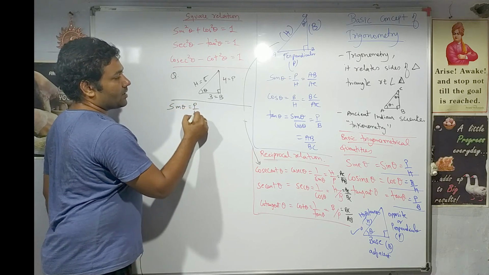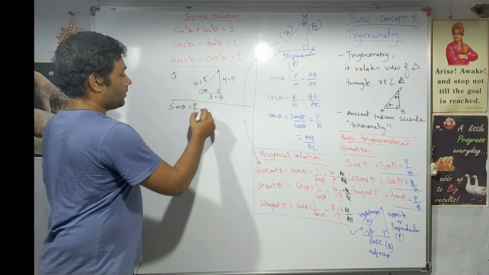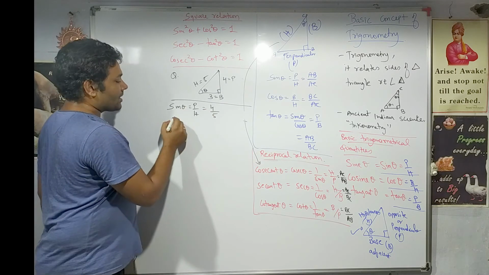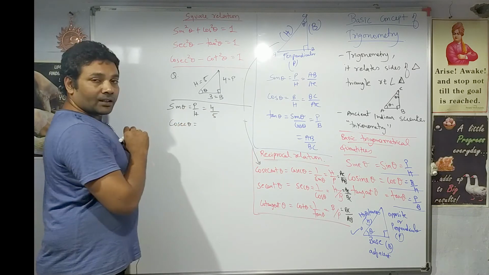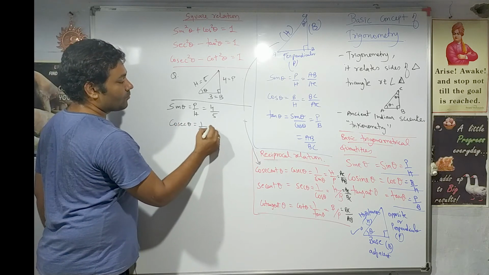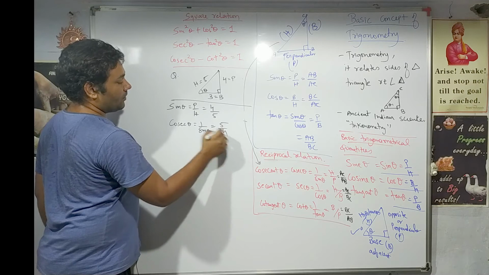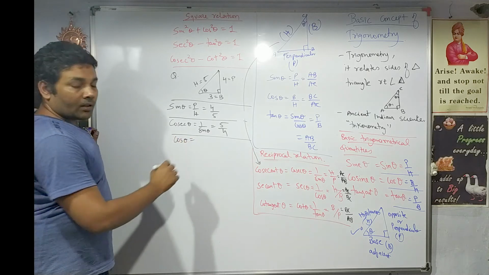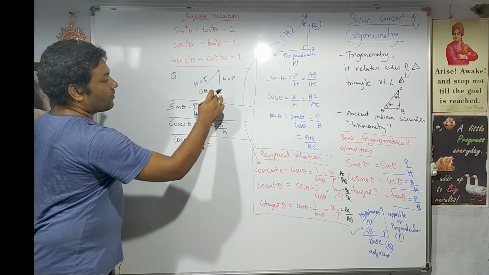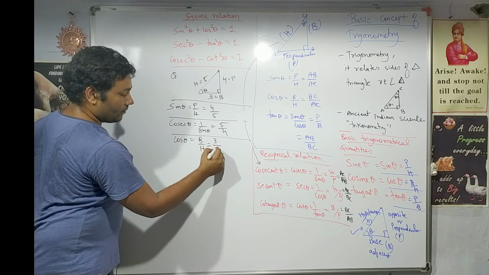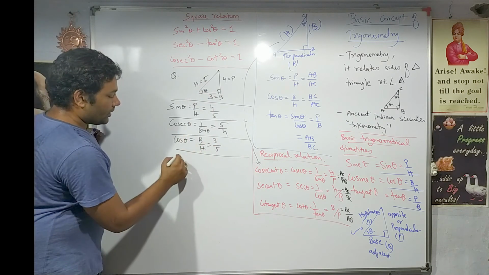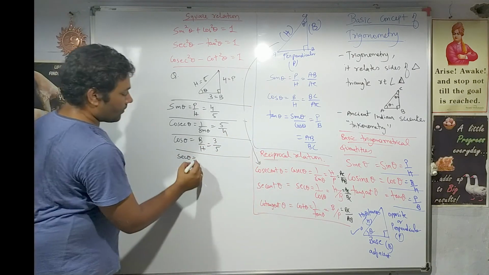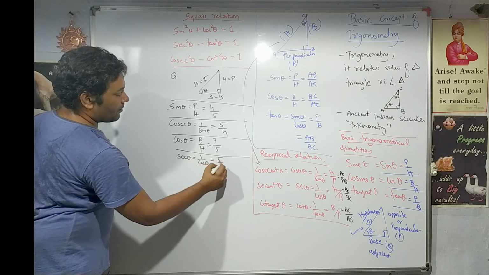Based on this data, let us calculate the value of sin theta. The formula for sin theta is perpendicular upon hypotenuse, you must remember, right? Perpendicular is 4, hypotenuse is 5. Since we got sin theta, we will easily get cosec theta. Cosec theta is just the reverse of sin theta, so the value of cosec theta will be 5 by 4, correct? Then next we find cos theta, that is base upon hypotenuse. Value of base is 3, hypotenuse is 5, right? Since we have got cos theta, we can easily get sec theta, because sec theta is nothing but the reverse of cos theta. So the value will be 5 by 3.